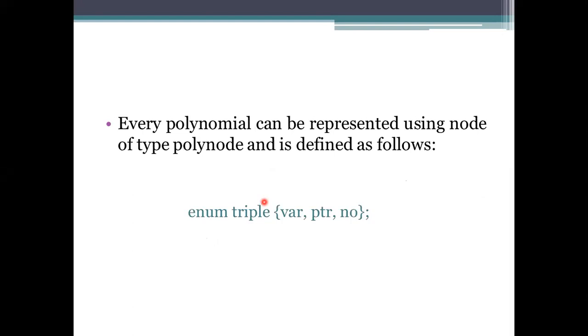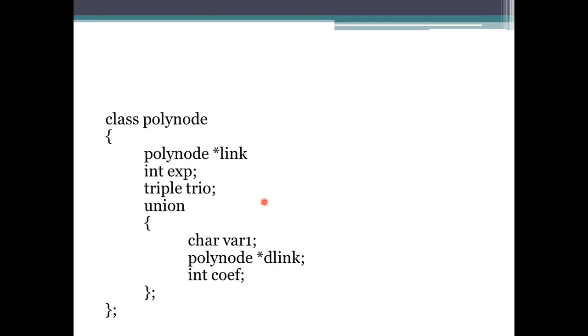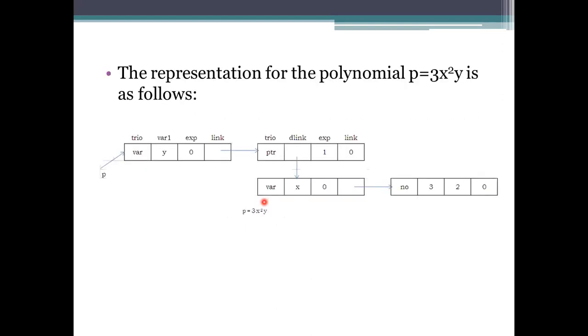So the polynomial representation should consist of a variable, the next pointer, and the number of things we have been using for that. The polynomial nodes should be of fixed size. That's why we use a triple notation, which represents the polynomial, the pointer, and the number representation. Whenever we create a polynomial node, it will call its triple, which is specified as a trio, and executes this.